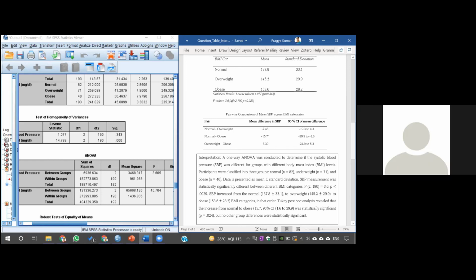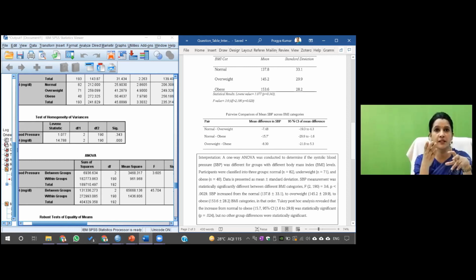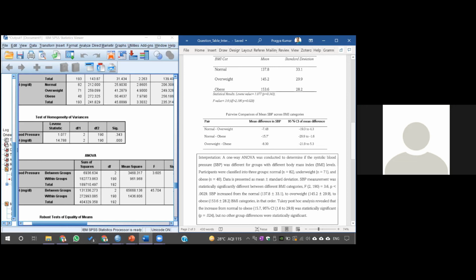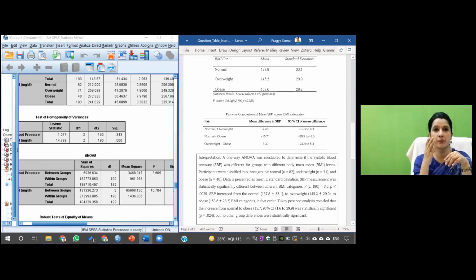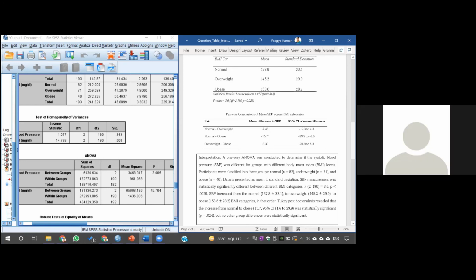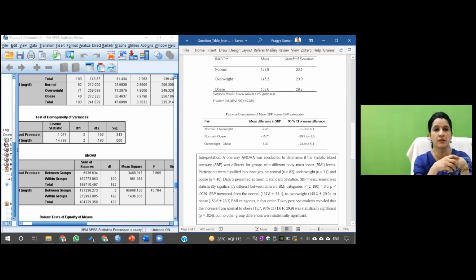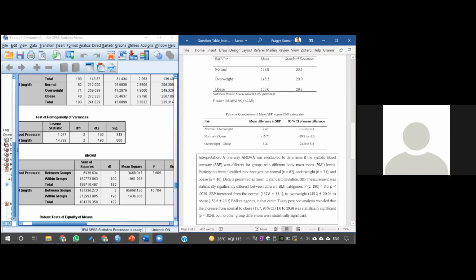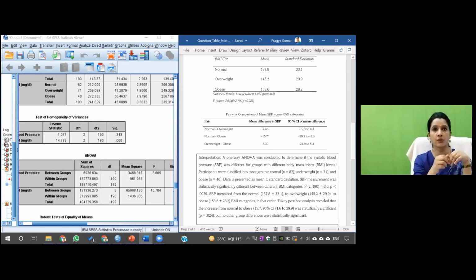Yes, ma'am. And ma'am, one more thing. On the basis of seeing the confidence interval over here, can we comment whether it is significant or non-significant? Yes, that's why you see that we have not included the p-value here. Now you can comment. It is 19.3 to 4.3. So is it significant or not significant? Ma'am, 0 is coming, so it will be non-significant. Yes. What about normal and obese? Again, non-significant. No, but both are towards the same side. So negative. Yes, ma'am. It's going to be significant.